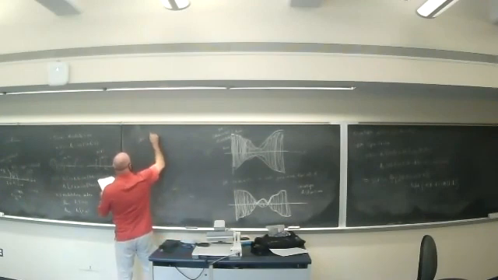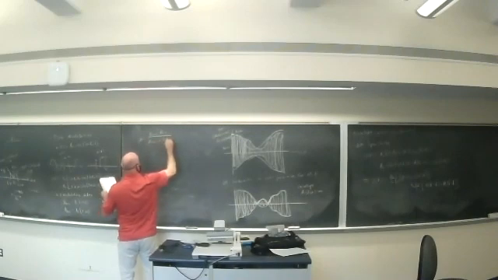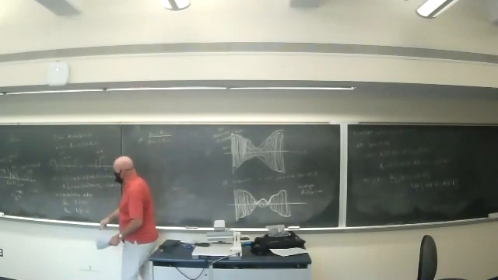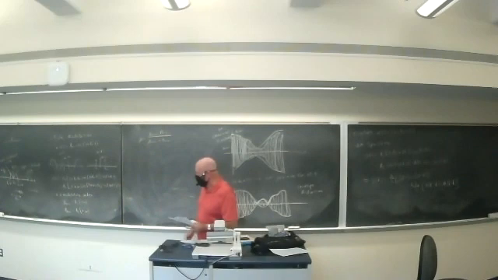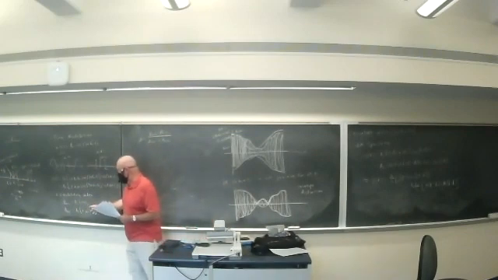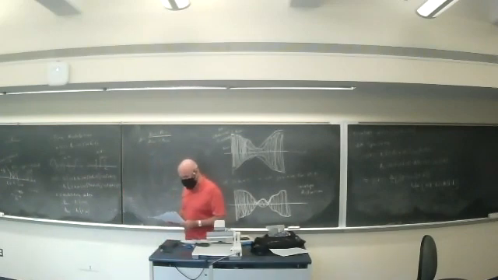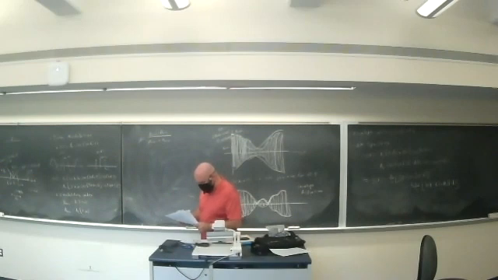Mu is A max minus A min over A max plus A min. You can solve those two equations for mu. That's where that comes from. Just take the ratio. AC disappears. That's why AC is not in this equation. And then solve for mu. I'm not going to go through the steps, but